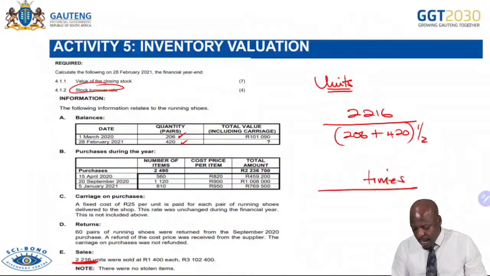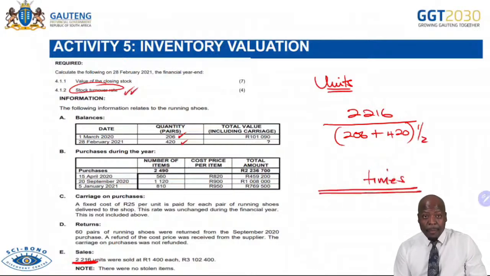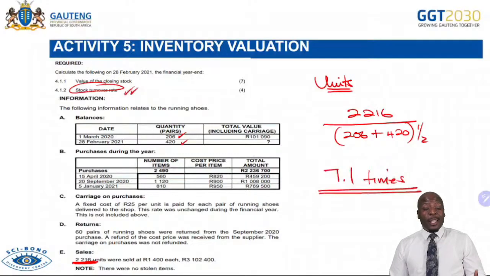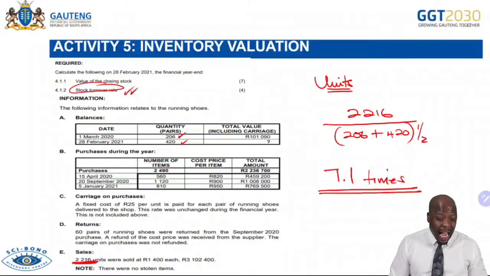Remember to show it in times because it is the stock turnover rate. If it was the stock holding period, the examiner will tell you to calculate it either in days or in weeks, depending on what the examiner wants. And at times in the question, the examiner will also say, use average stock or use the closing stock. So these are questions that you need to keep remembering. And here it becomes 7.1 times. So with your inventory valuation, there are several calculations that you may be demanded by the examiner to do, such as your stock turnover rate, your stock holding period. And then you comment, is this good? Depending on the different kind of product.